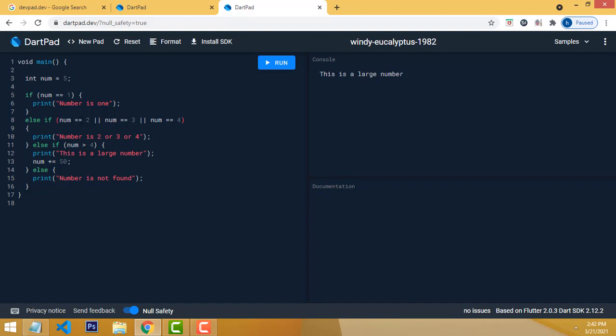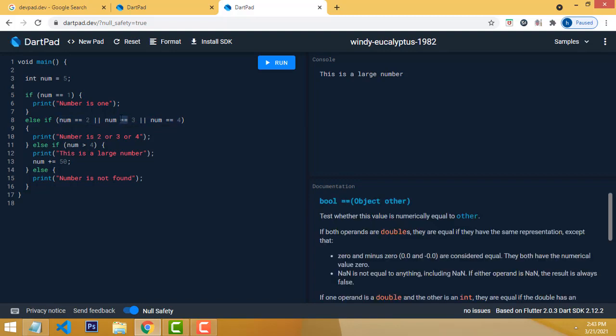Why have we put the or operator? Because if one of the conditions is true, this statement will be executed, right? If you use the or operator. If the AND operator is used, it is executed only if all the conditions are true. So with or, if at least one condition is true, it will execute the statement, right?